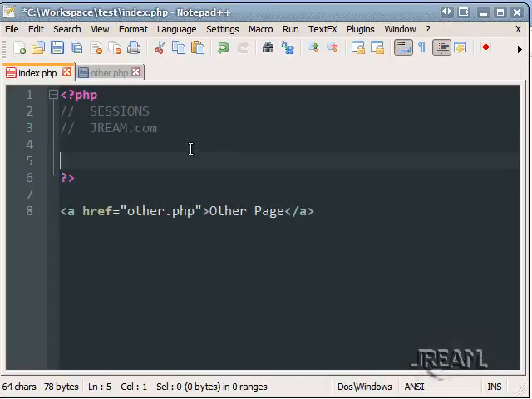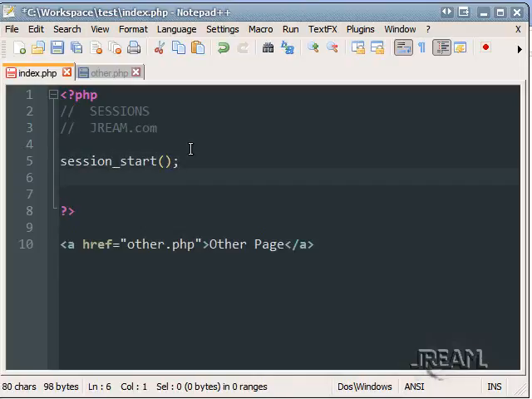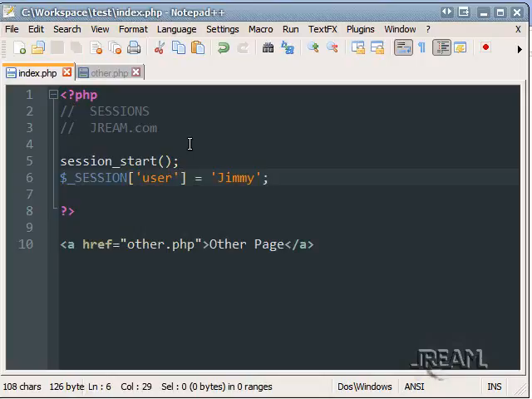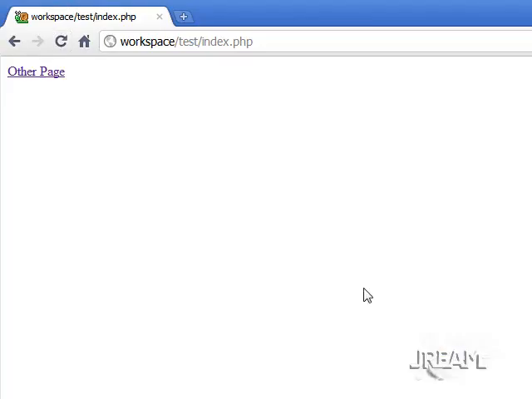So what we do to start a session, we type session_start, and the next thing we do is let's use the super global $_SESSION, and let's give a little name here. Let's say user equals Jimmy. Okay, and if we refresh the page,